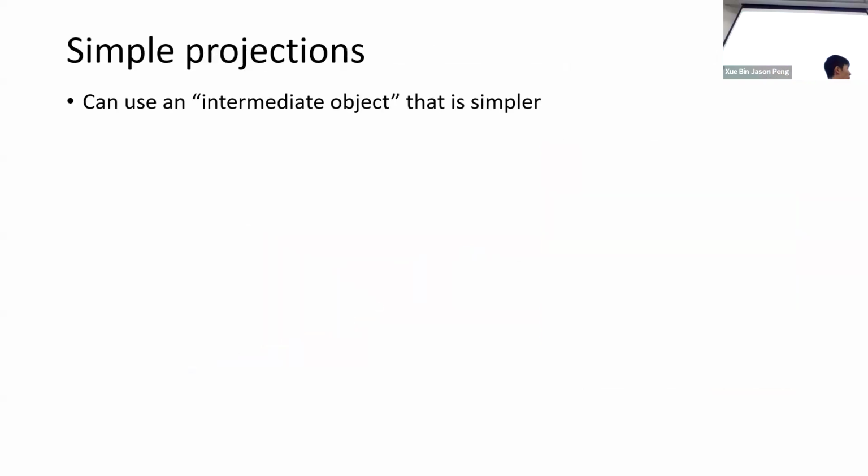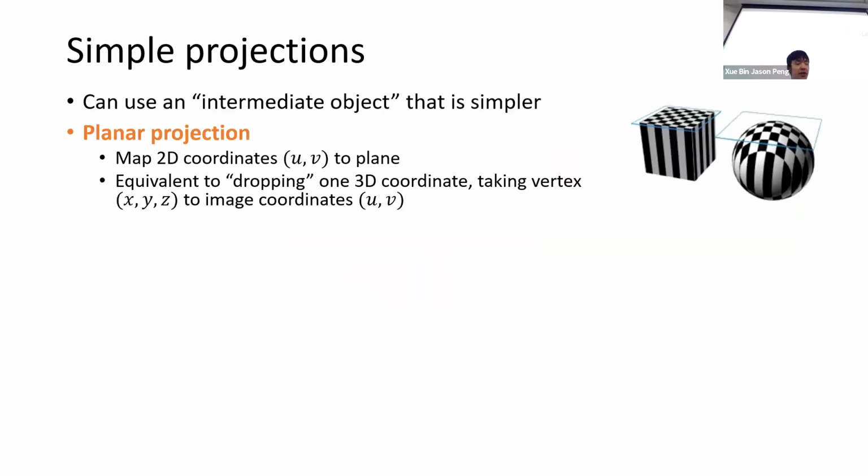So the challenge of texture mapping is somehow to construct this correspondence between points on a 3D object to points on a 2D texture. And a simple way that we can perform this kind of projection is by using a simple intermediate geometric shape. So for example, let's say we have a 3D object and I want to map the texture onto the surface of that 3D shape. So I have to somehow convert 3D points on the object onto 2D coordinates for our